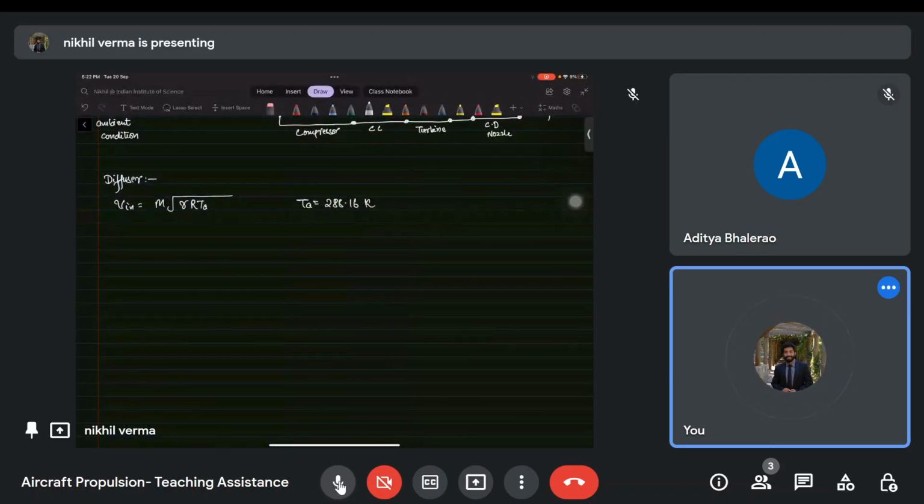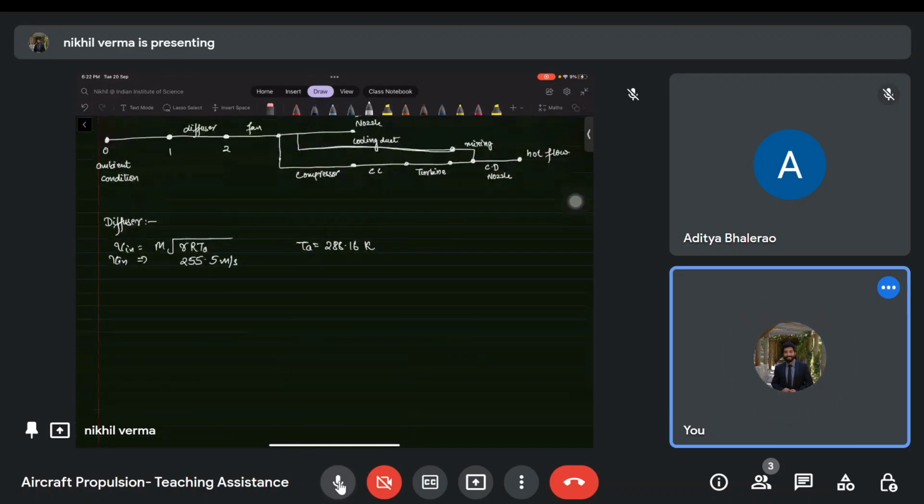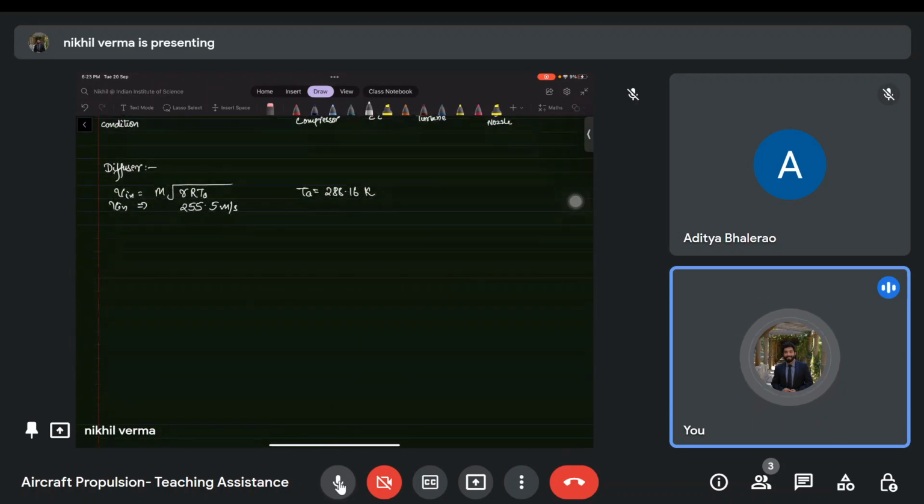With this, you get the V inlet as 255.5 meters per second, right? Then, why do we require this velocity? Because in the thrust equation we will be needing this later. Coming on to the total temperature,